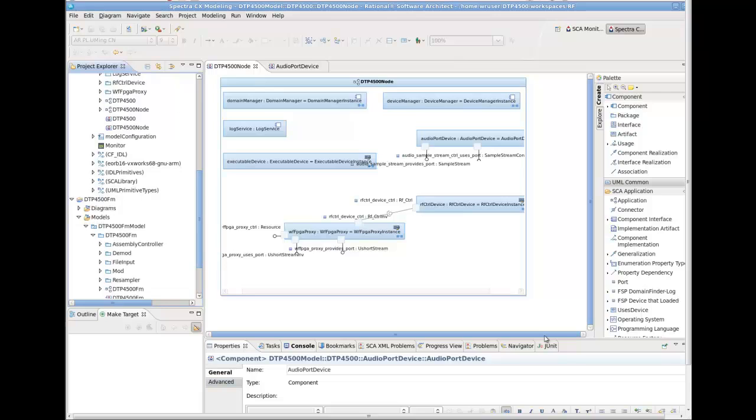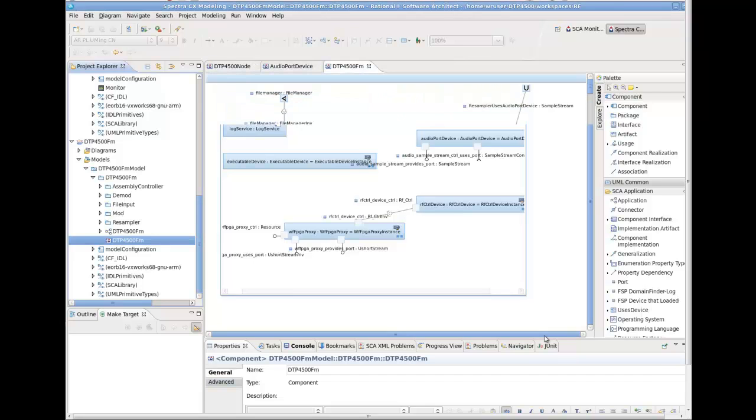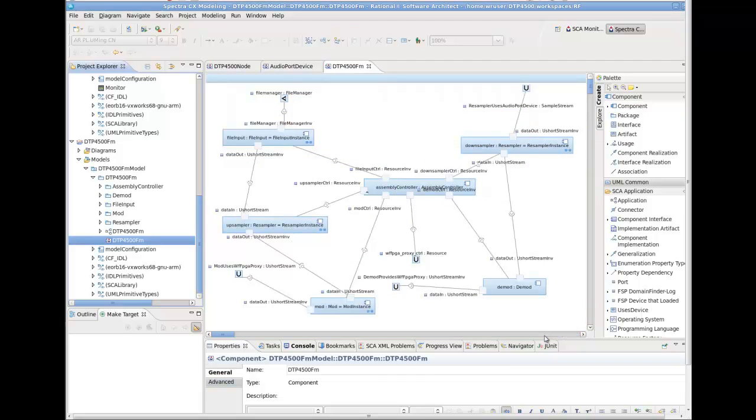So that is the platform model. The example waveform that I can show you now has a little more content. This is the assembly which corresponds to an SAD file. This contains instances of file input component, which currently uses the file manager to read audio files off of the